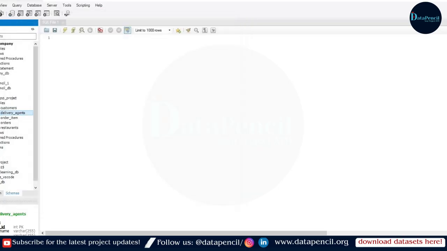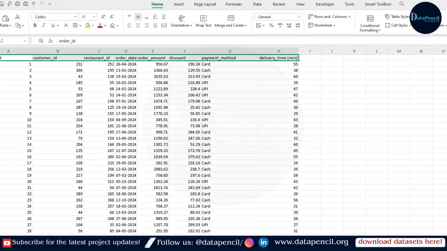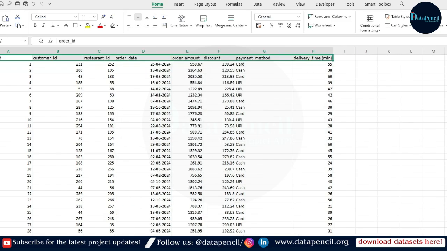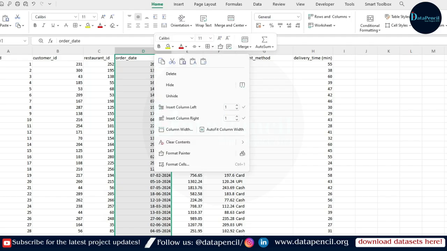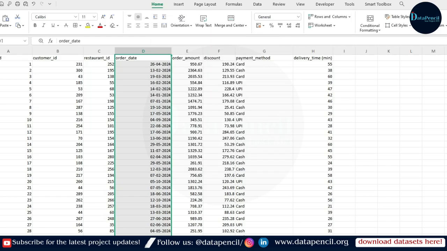Okay, guys, you have to take care of one important thing, that in your data set the date should be in an appropriate format. Like here you can see it is day, month and the year. But it is not actually like this. I have already changed it to YYYYMMDD format. How can you simply change it? Just right click on it and then format the cells. Here